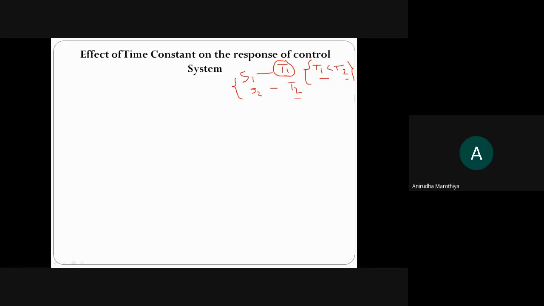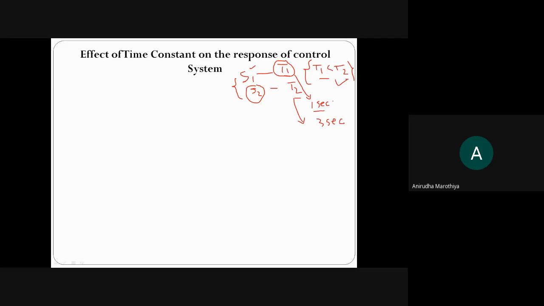Now I am saying that my first system has a time constant which I have indicated by T1, and let us consider that this value is 1 second. The time constant of the first system is T1 and the value is say 1 second. In the same way, we have another system having a time constant T2, and we need to specify this relationship, the value of T1 is less than T2. So let us consider that the value of T2 is say 3 seconds.